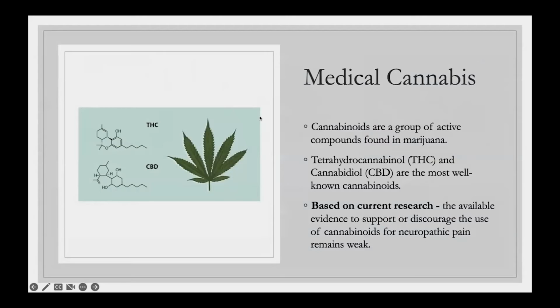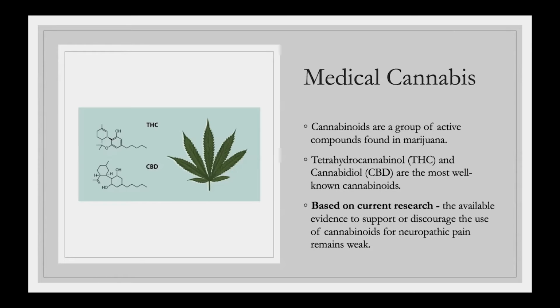Alrighty, we can't talk about pain these days and not talk about medical cannabis or essentially marijuana-related compounds, because I think it's very common these days. Many patients that I've seen previously in clinic always ask this question: what do you think about CBD and its effect in terms of the pain pathway?